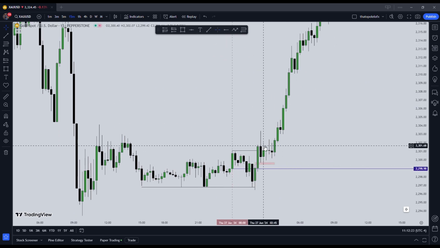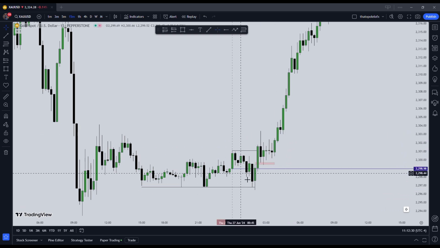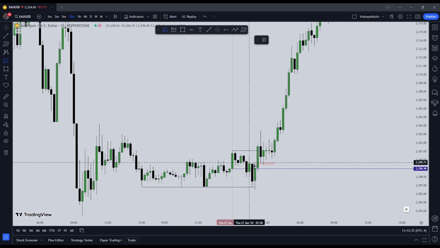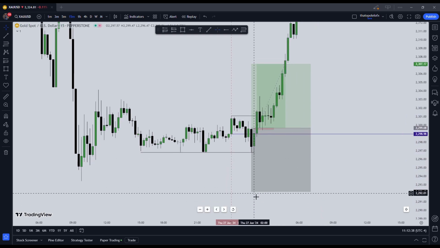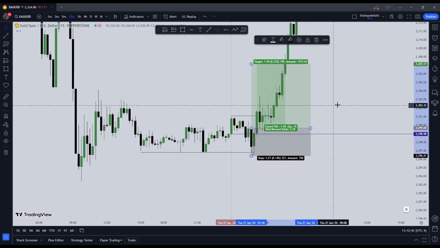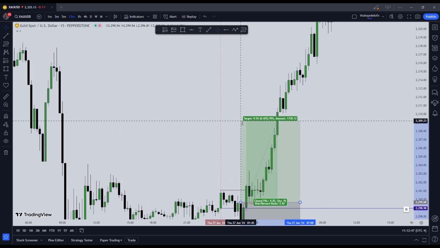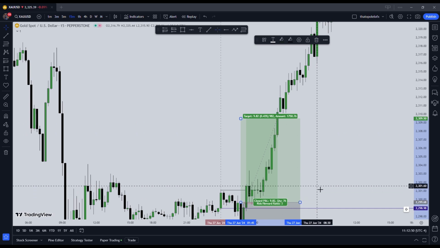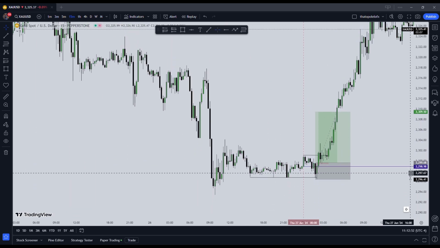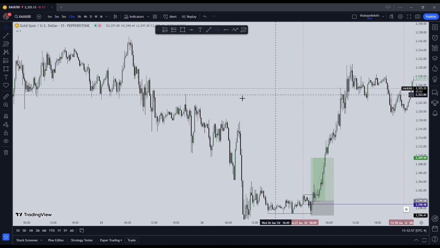If you're a person who trades the London session, because this occurs in the London session. Like I said before, the London session is between 2 a.m. and 5 a.m. EST. So my trade will look like so. My stop loss will be low here, and then my take profit will be a risk to reward ratio of 1:3. But if you are a person trading to take out the previous day's high,